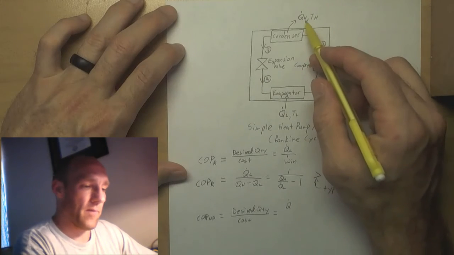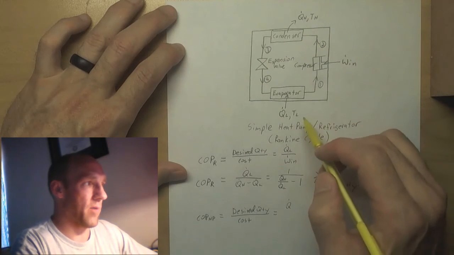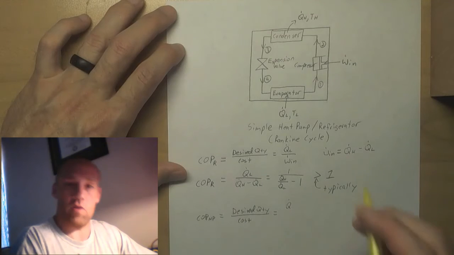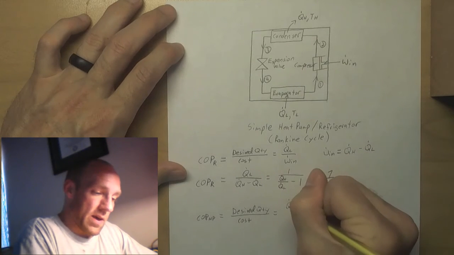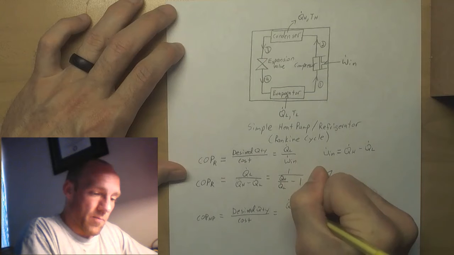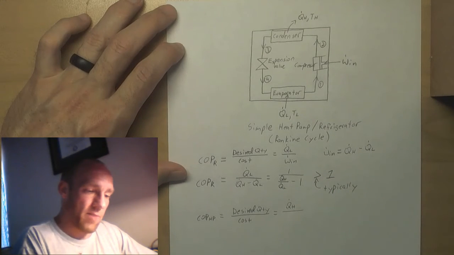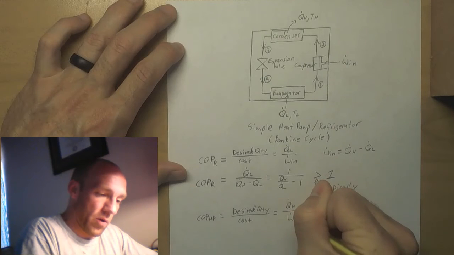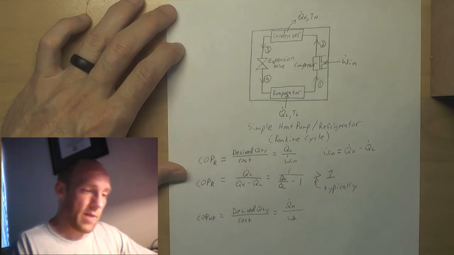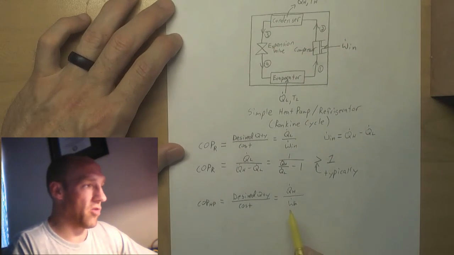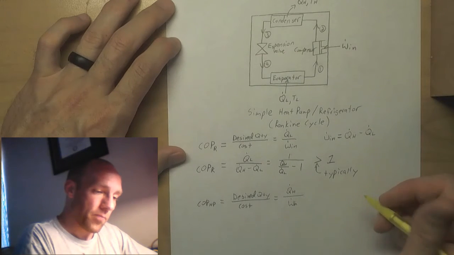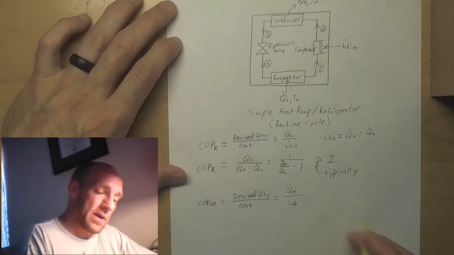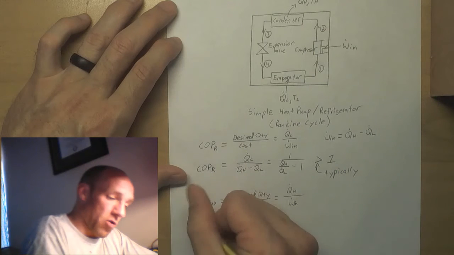And if I'm more interested in the hot side than I am the cold side, then we call it a heat pump. That's the only difference. And so the desired quantity in this case would be the heat rejected to the hot side, and the cost is still the net work in, or in this case, since there's no output work, it's just the work input. And again, applying the first law,